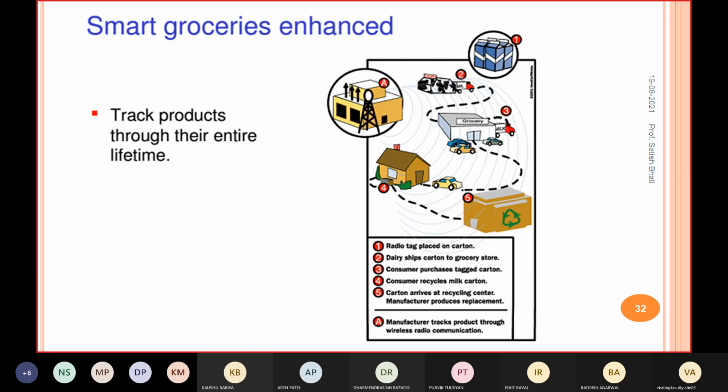So starting from the manufacturing, once it reaches the end user, and after the end user, whatever boxes or cartons they have, they will send it for recycling purposes. So from the starting point to the ending point, when it reaches the recycling point, you can find that this product is used, right? That way you can track the product through its entire lifetime.